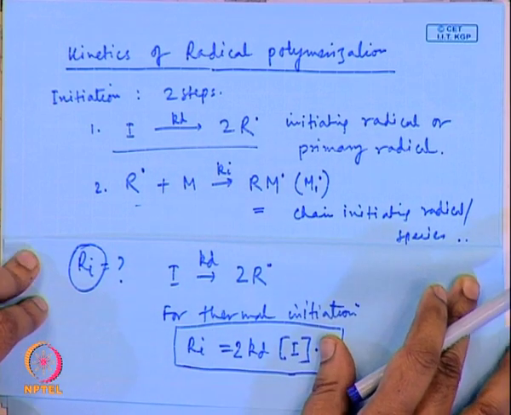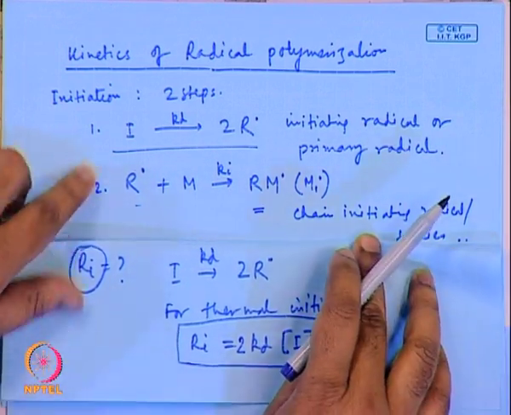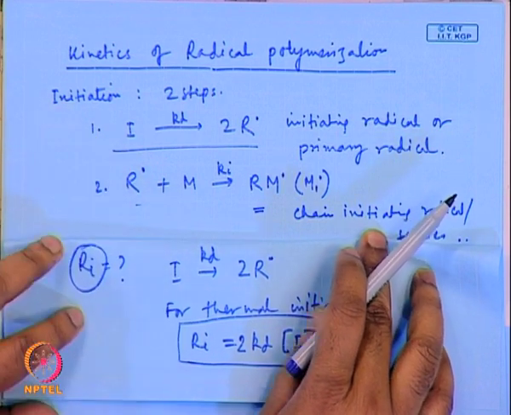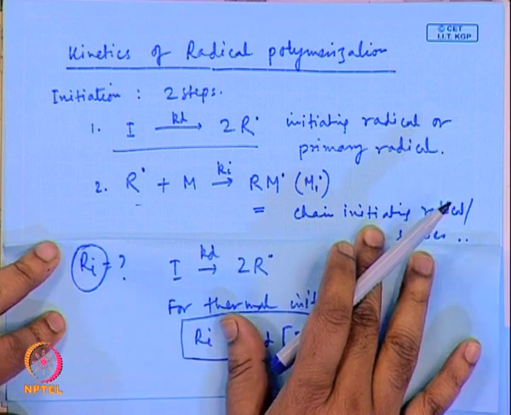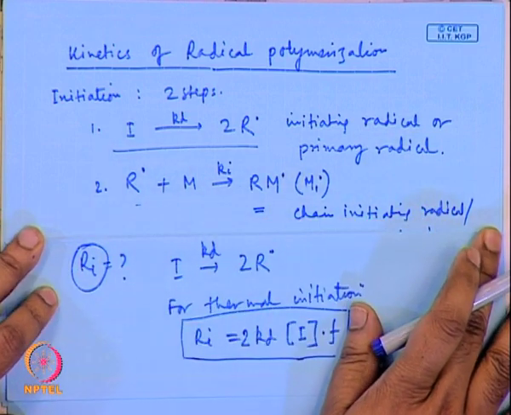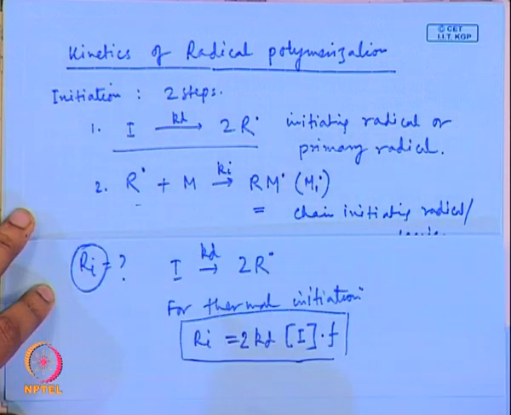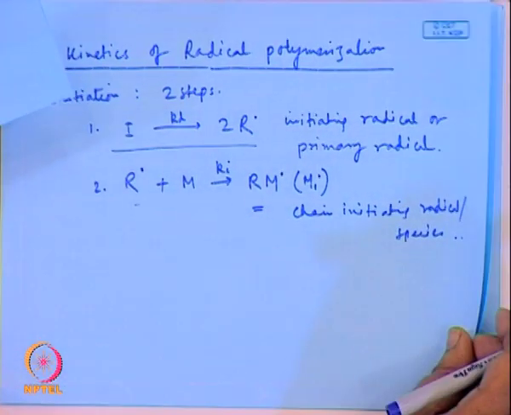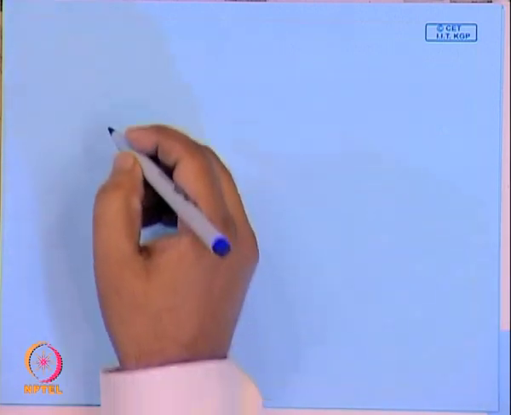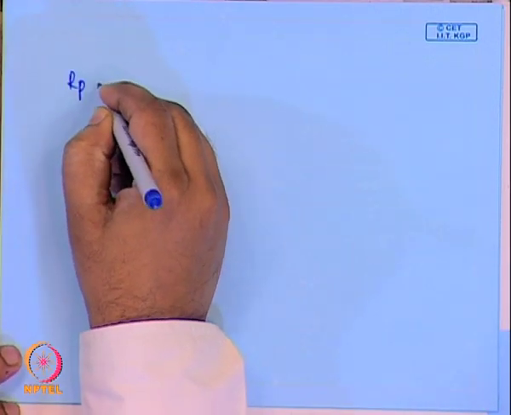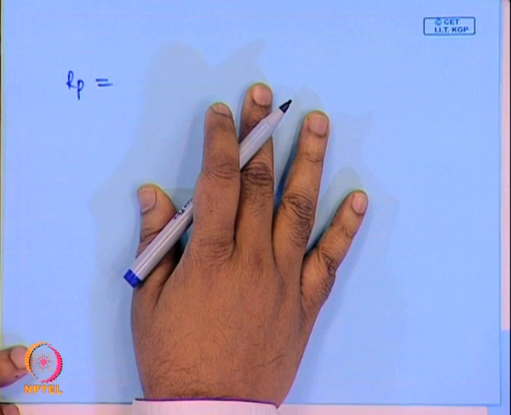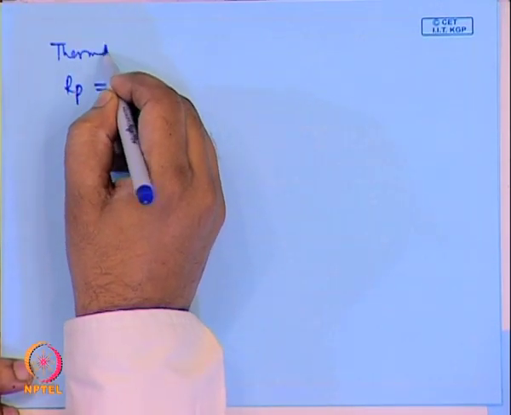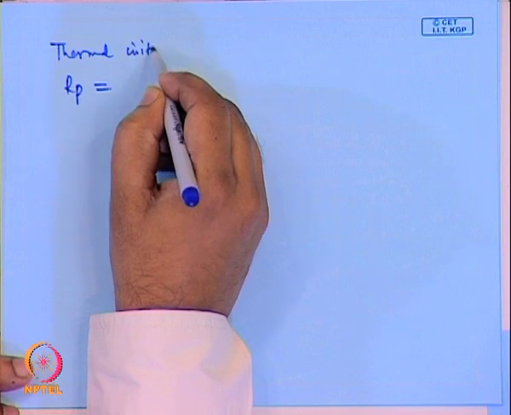Okay. So, that is clear that in spite of there being 2 steps in the initiation process, we are taking the slowest step, which is basically the rate determining step for the initiation process. So, finally, let us talk about the final expression for rate of polymerization. This is rate of polymerization Rp. Now, this is for thermal initiator,